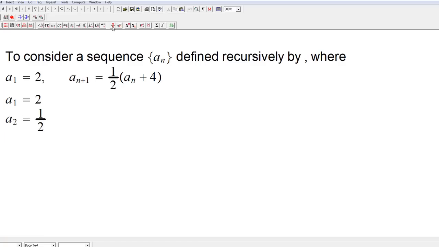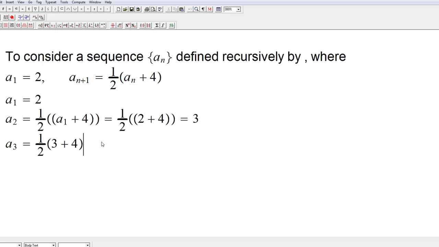According to this definition, a2 will be 1/2 times 4 plus a1, right? The previous term. Let me just put a 2 here. Okay, and there you go, a2 is 3, and then let's write a3. Okay, so I'm going to write a3 out. So a3 will be 1/2, and according to the same rule, it will be the previous term plus 4, 1/2